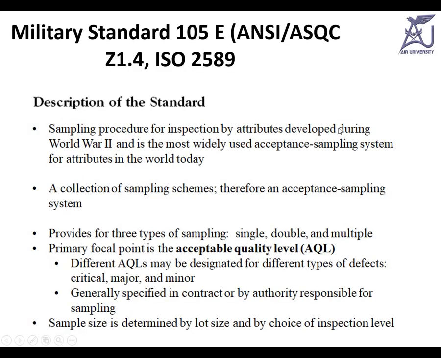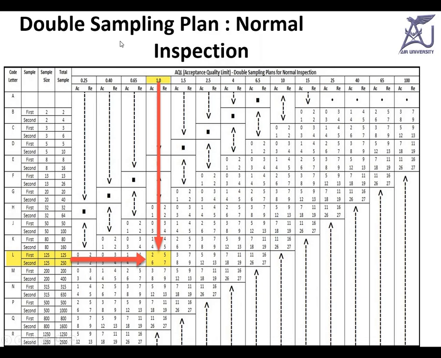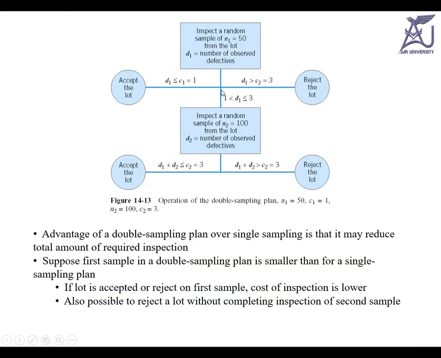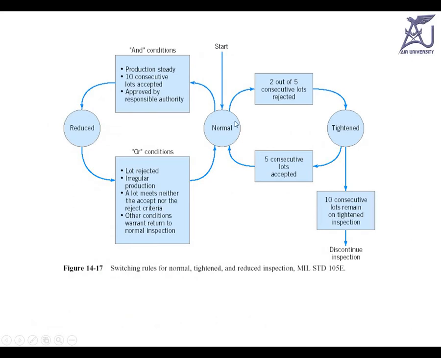So all the charts which you have seen are for the normal inspection. If you go for the tightened one, this chart will be totally different, and if you go for the reduced one, this will be again different. I have just shown you here a chart which is called the normal inspection plan. So here you will go for the tightened, and tightened has a different multi-standard.